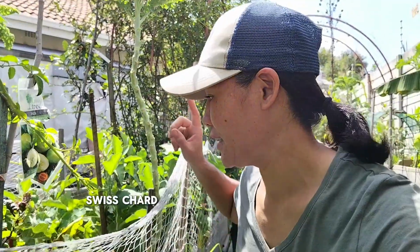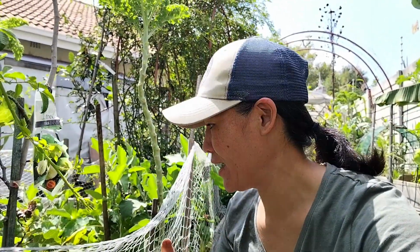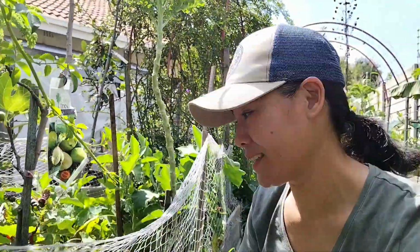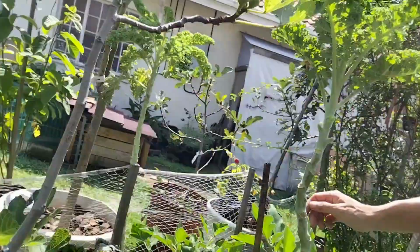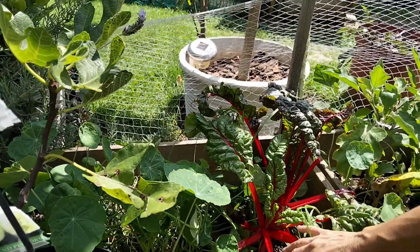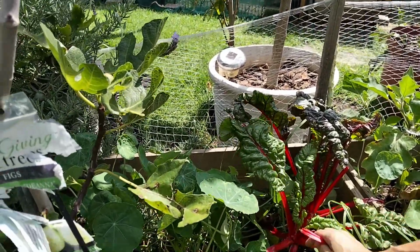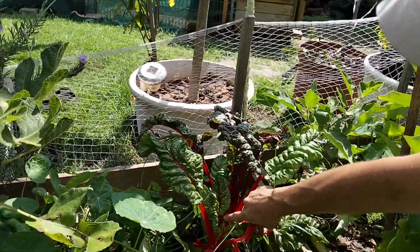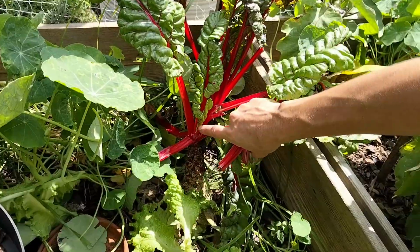So let's start with the very first one, and that is spinach and chard. So the nice thing about chard is that you can start taking the leaves from the outer, while the inner piece of the chard grows new leaves, and you'll always get some beautiful chard. This is maybe probably the best example here. I can just take from the outside like that, and you can see on the inside there's new chard growing,